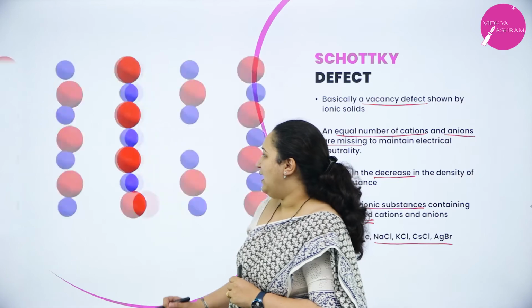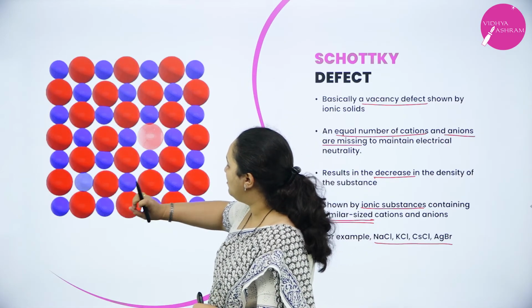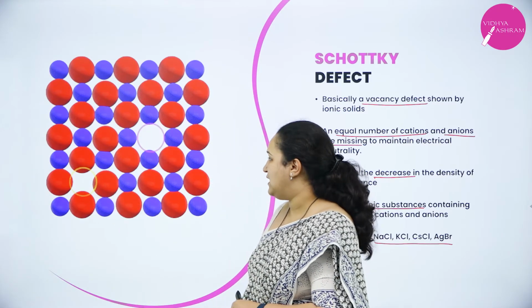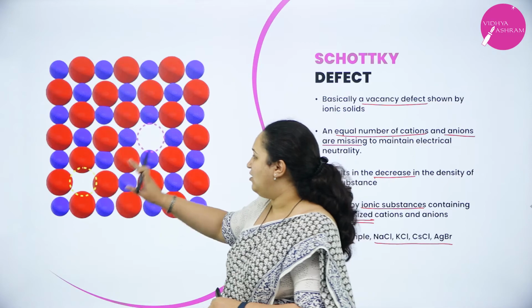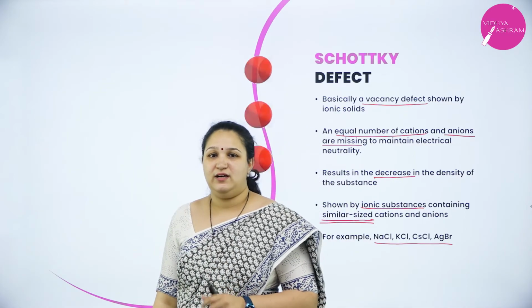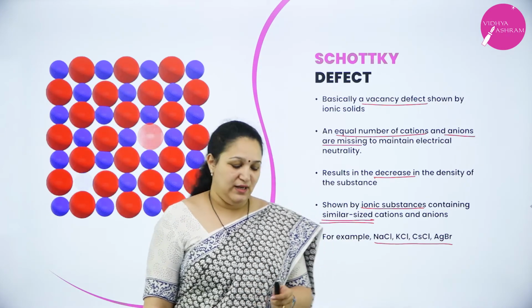Now here again I shall repeat, you can see there is a cation and an anion. If one anion is missing, there is one cation also which goes missing. Equal numbers of cations and anions are missing in Schottky defect. I hope you have understood. The last one is